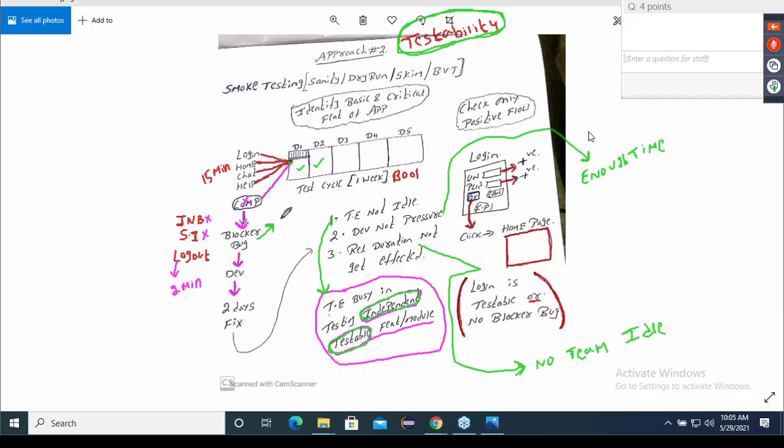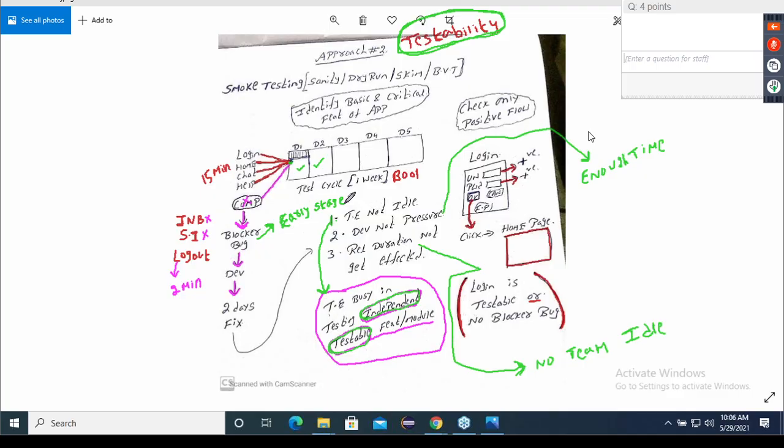Same day. That means, can I say, if you do the testability, you can find the blocker bug at a very early stage? Is it the right word? Is it correct, guys? Yes, when I say early stage, within 15-20 minutes only I have found a blocker bug. Yes or no? Yes. So the summary is,